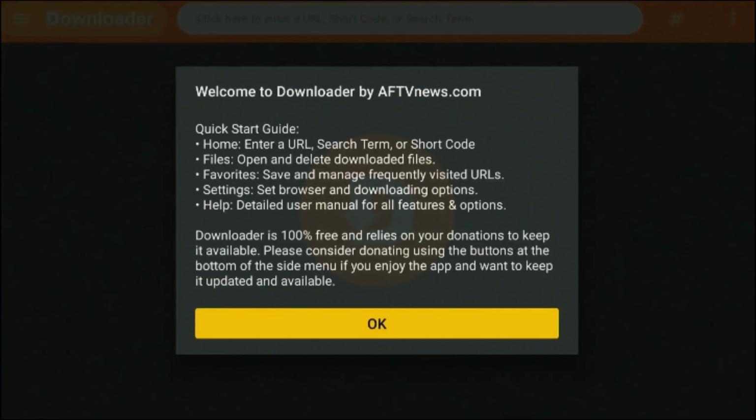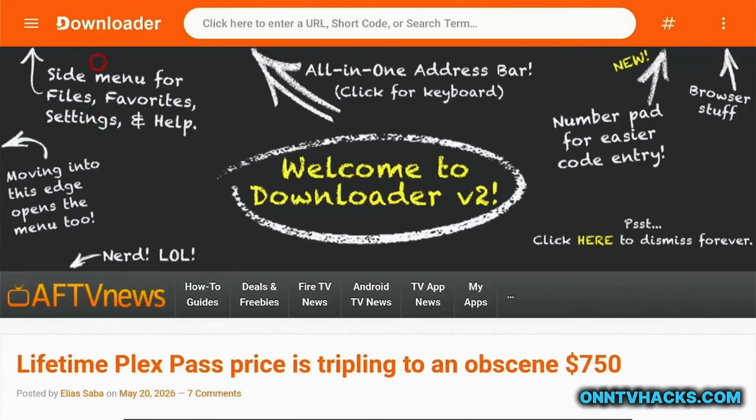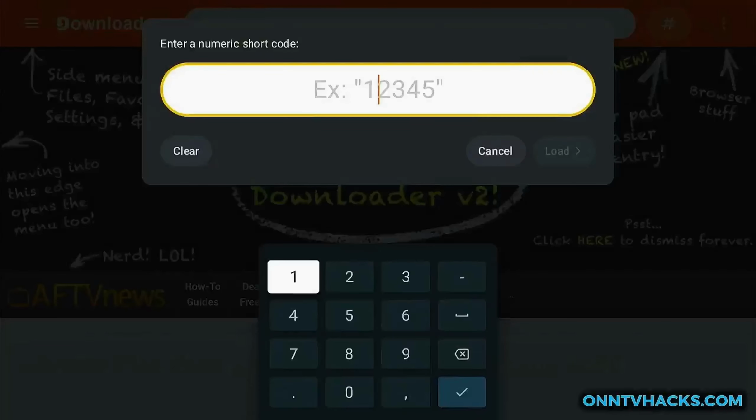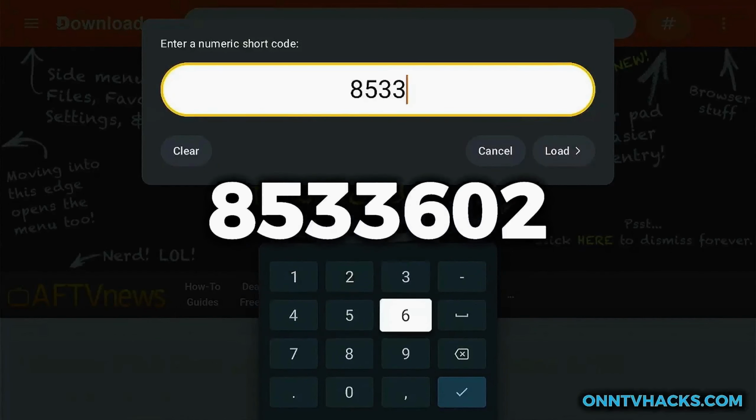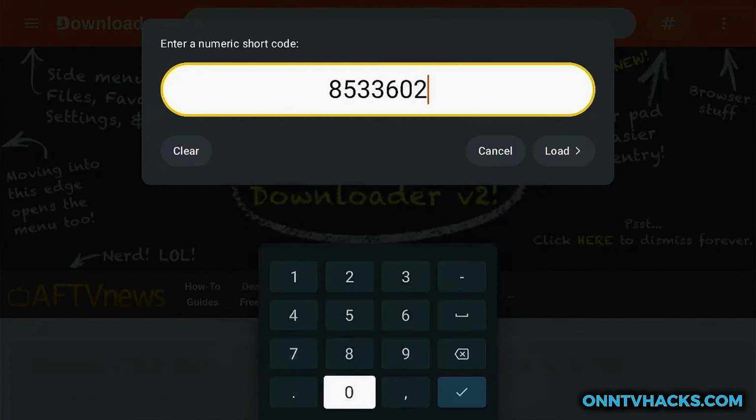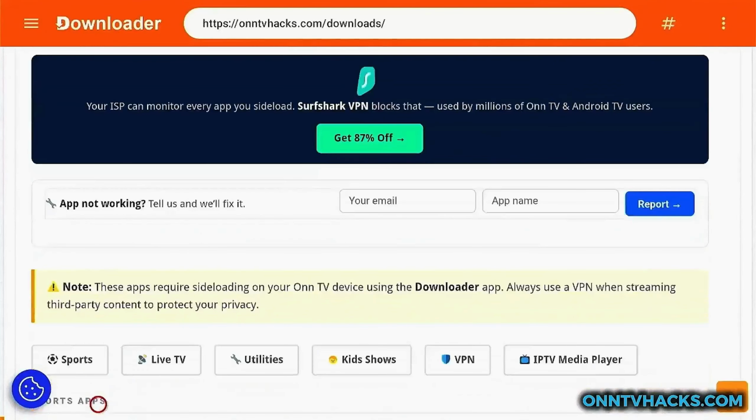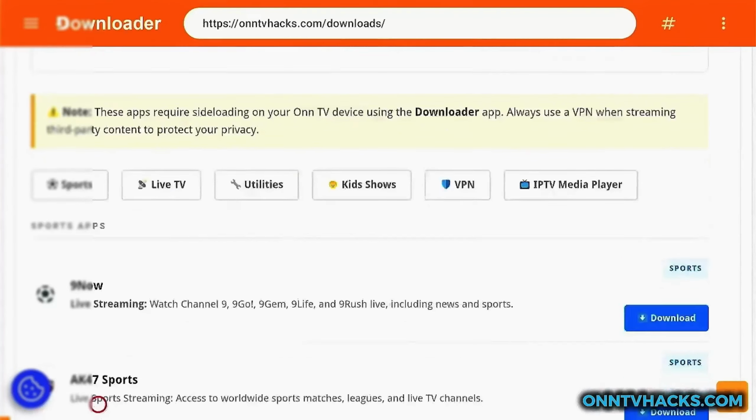Once installed, open the Downloader app. The first time you launch it, accept all the necessary permissions. Click on the hashtag icon and then type this code, 85333602. This code will redirect you to my ONN TV Hacks downloader page, where all the apps are neatly organized